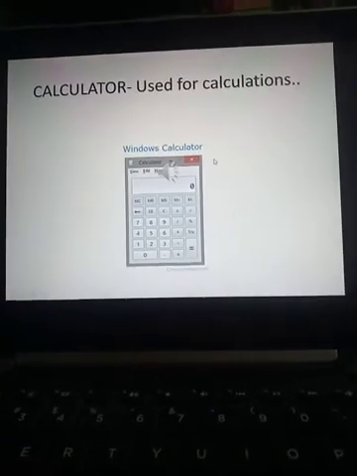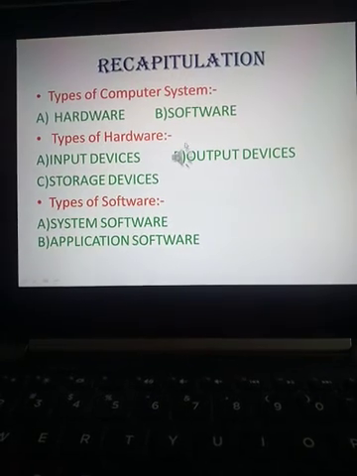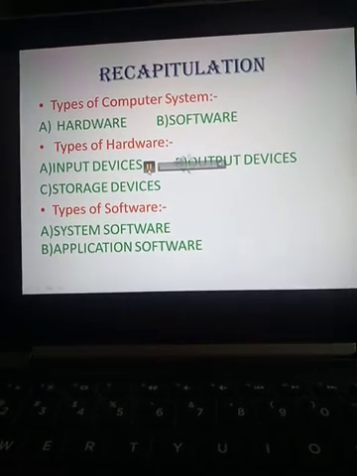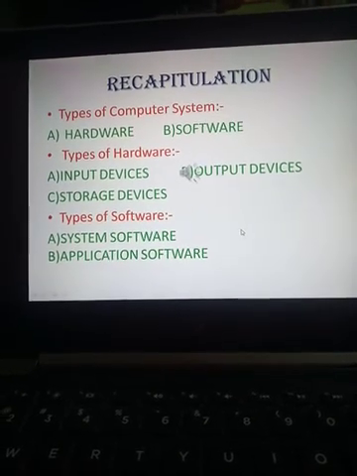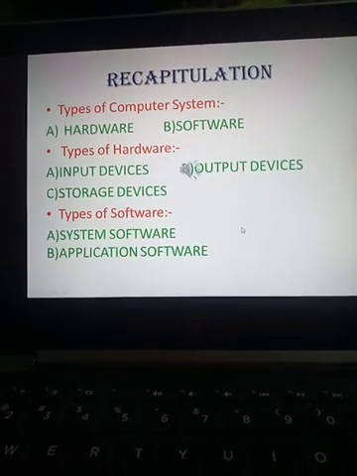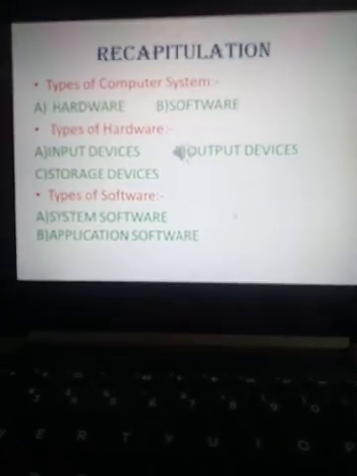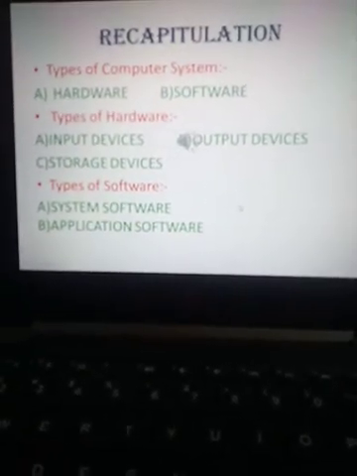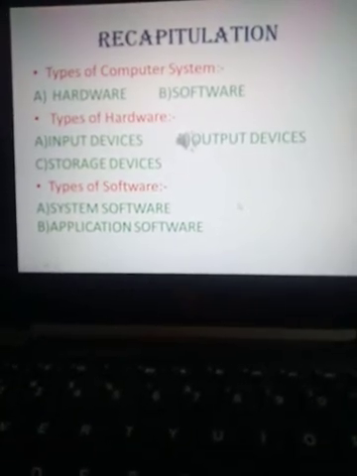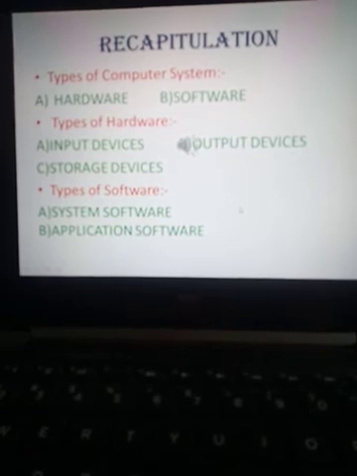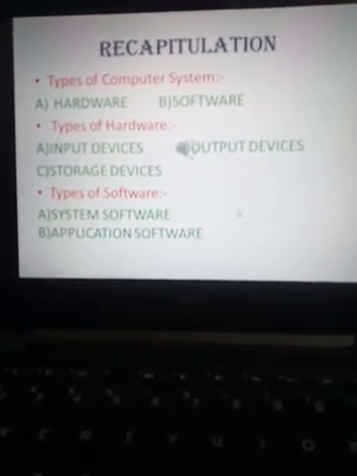Whatever we have learned, we will recapitulate it. In this slide, we will see what we have read in this chapter. There are two parts of a computer system, hardware and software. Hardware is that which we can touch and see, and software is that which we cannot see or touch. There are three types of hardware.